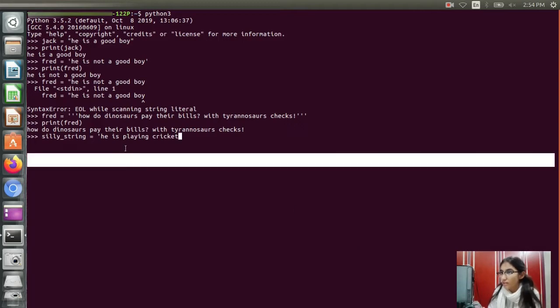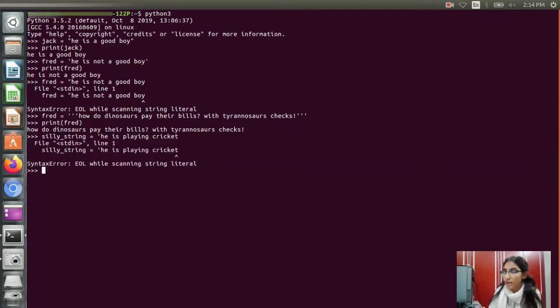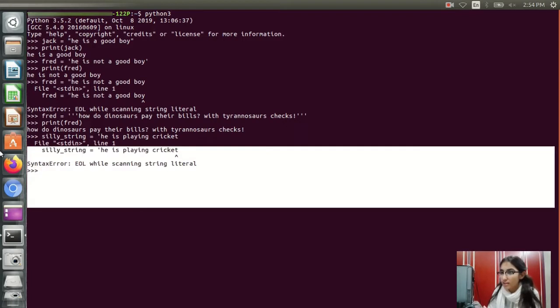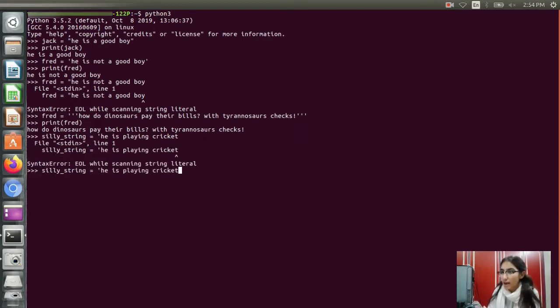So if I write this, it shows a syntax error again, that is an EOL error. This EOL error actually comes because I have used one quote at the start of the sentence and I am not ending the sentence with the same one quote. For example, if I am ending it with one quote and I'm using a double quote in the end,